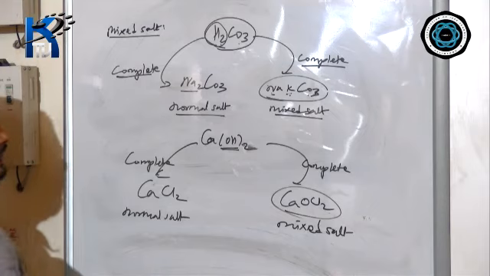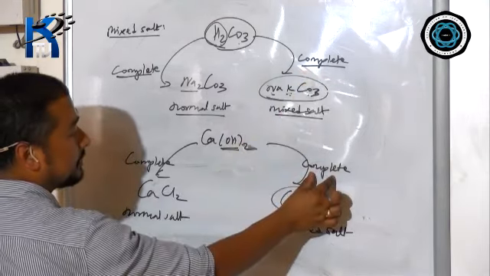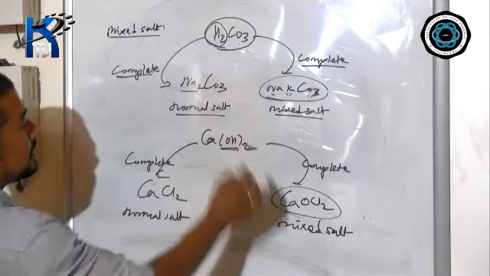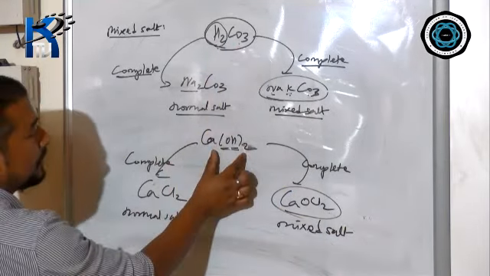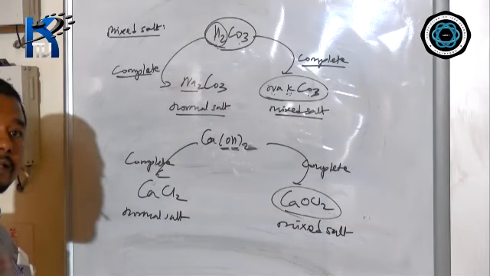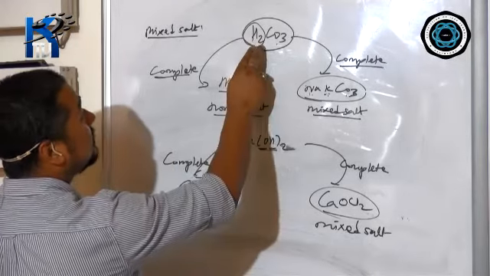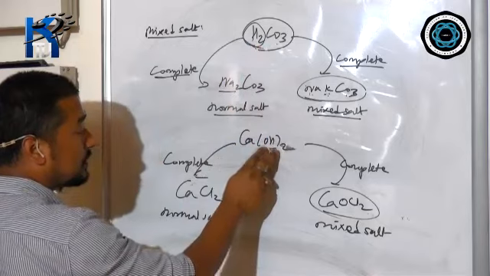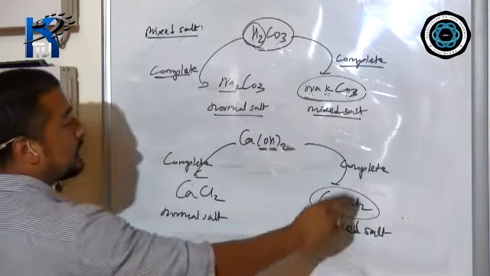Now let us see the definition. These are those salts which are formed by complete replacement of hydrogen ion or hydroxyl ion of an acid or a base by two different metals or by two different non-metals. If it is replaced by the same metal, that is normal salt. If it is replaced by the same non-metal, that is normal salt. But if the replacement is complete and the two hydrogen ions of an acid or two hydroxyl ions of a base are replaced by two different metals or two different non-metals, that will give rise to mixed salt.